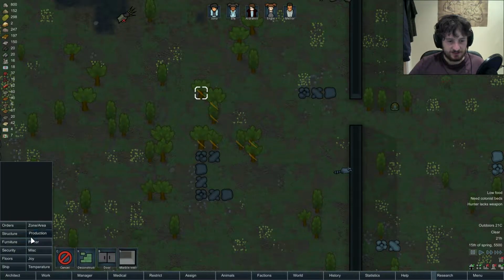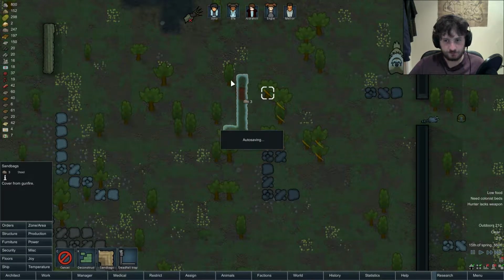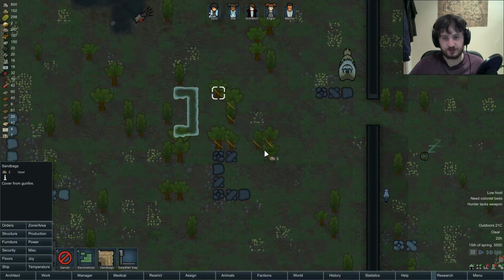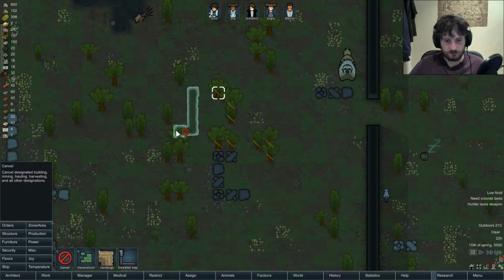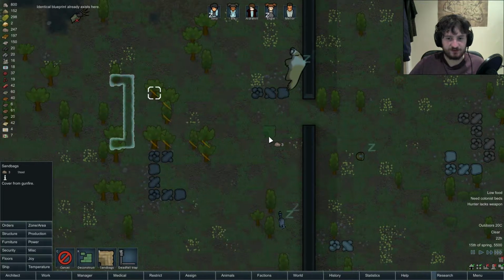We need to actually start making some proper security defences. So, sandbags. We should have a nice little killing field, which will be right here. Perfect. Wait, is that even? It does not. Perfect. Well, it's only 3 though. Not allowed. Excellent. And that provides a little bit of a killing field so that we can actually shoot the crap out